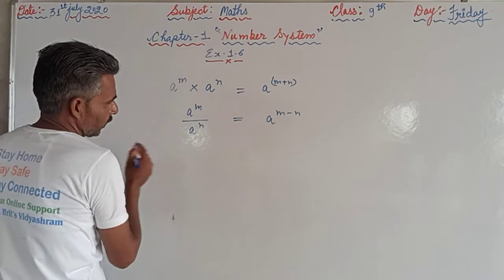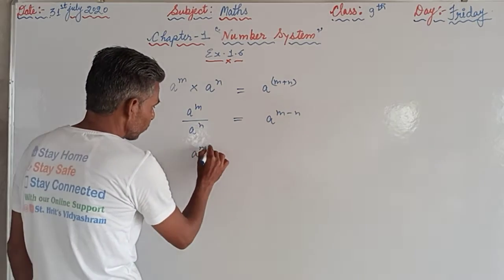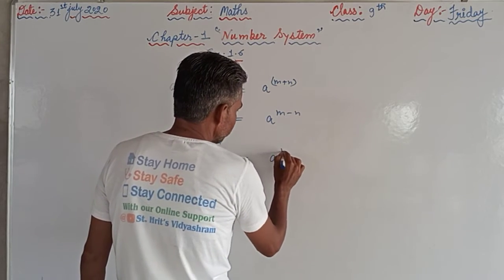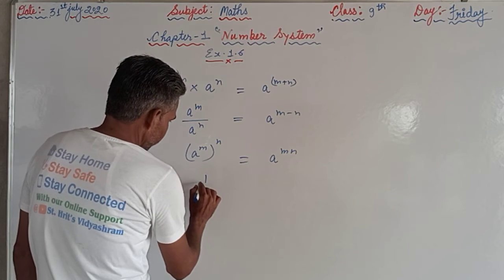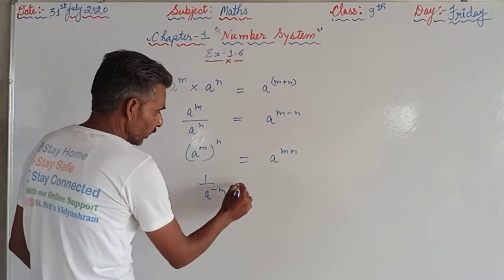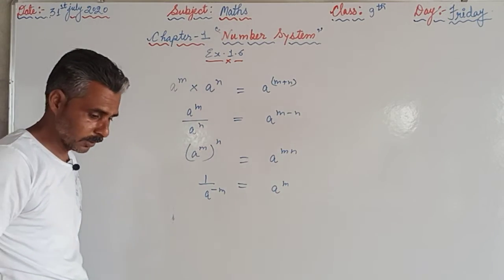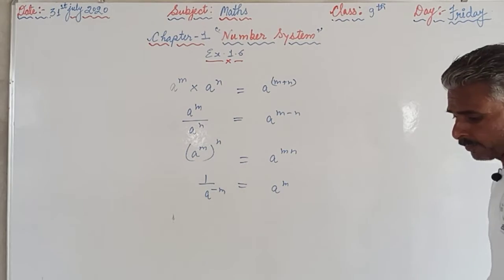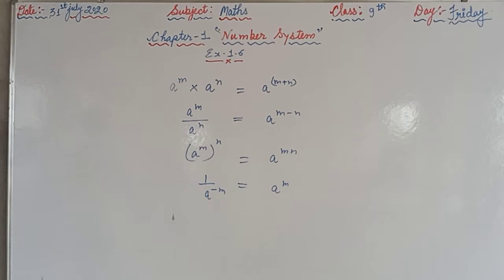At the same time, if the condition is given like this, a raised to power m whole raised to power n, then it will be a raised to power m n. If it is given 1 upon a raised to power minus m, then we can write that a raised to power plus m. So these are some of the rules which we are supposed to keep in our mind while solving the questions. So we will start with question number 1,